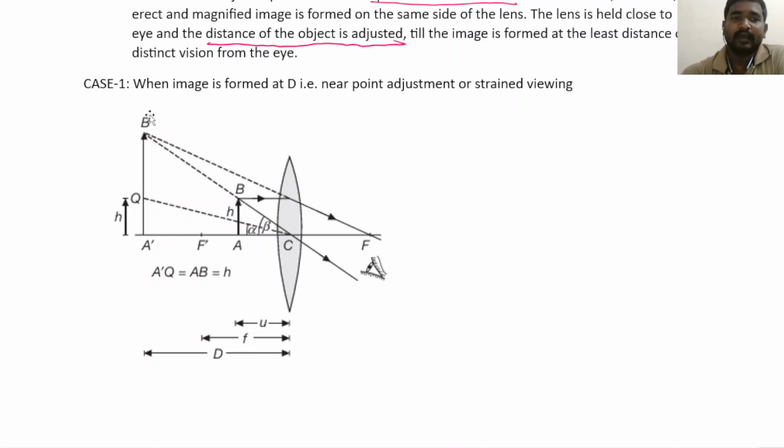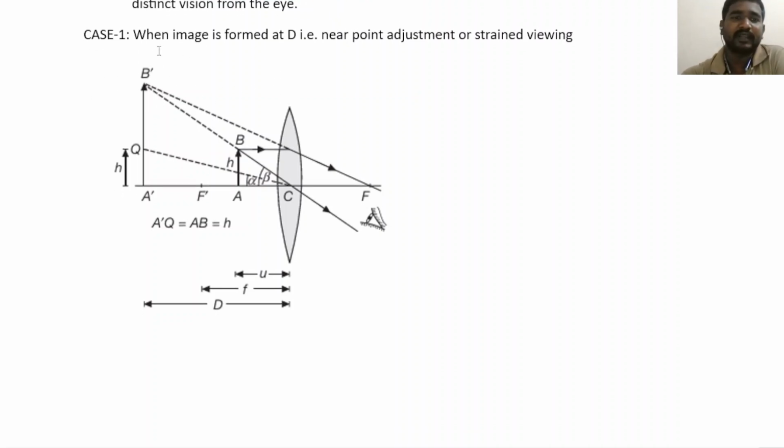See, here I have given two different cases. First, when the image is formed at the least distance of distinct vision, the near point, also called near point adjustment or strained view. Here I have taken an object AB, placed between the optic center and the focus. Then its image will be formed on the same side of the object at A' B'. Now we need to calculate the magnifying power of the microscope